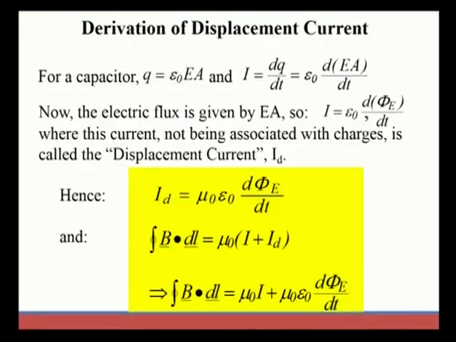So, with the help of displacement current, it is very clear that the current does not depend on charge; it is purely dependent on electric flux. The change in the electric flux will change the displacement current, and we can also have the relationship of ID, that is displacement current, with the magnetic field.